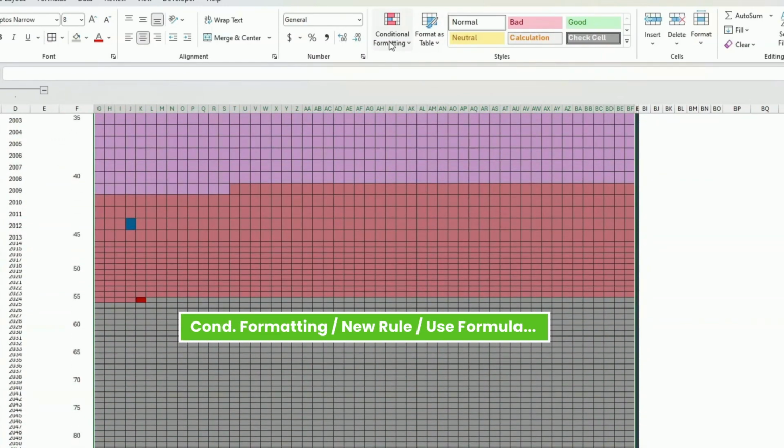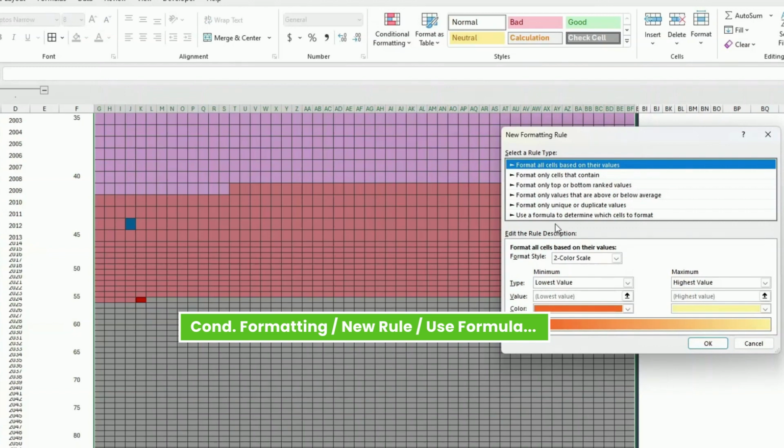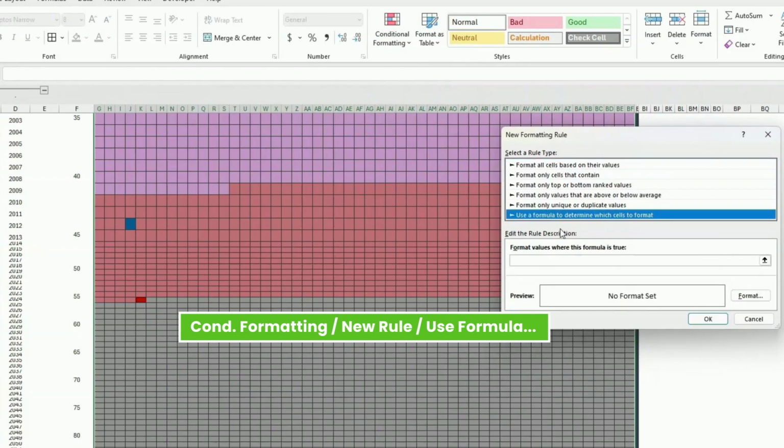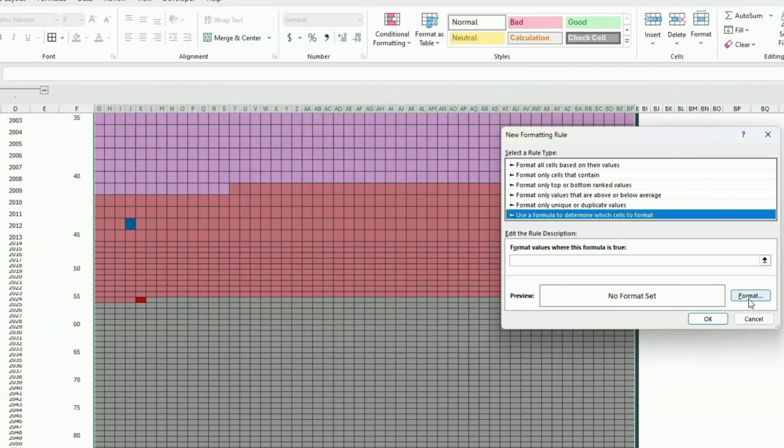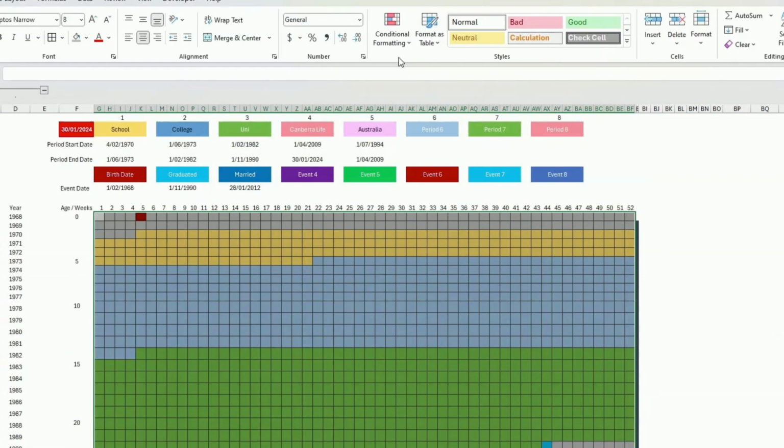And I'm just going to do conditional formatting. And then what you want to do here is to add a new rule. And you want to select use a formula to determine which cells to format. Okay, so I'm not going to do it because I've already done it, and I just want to show you